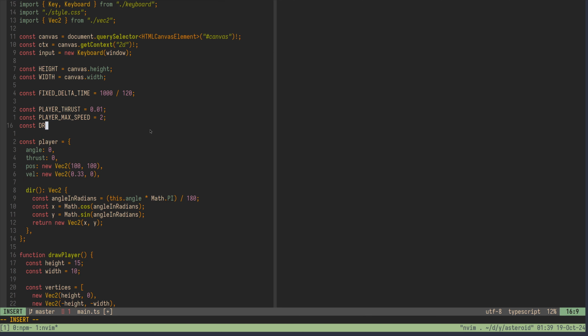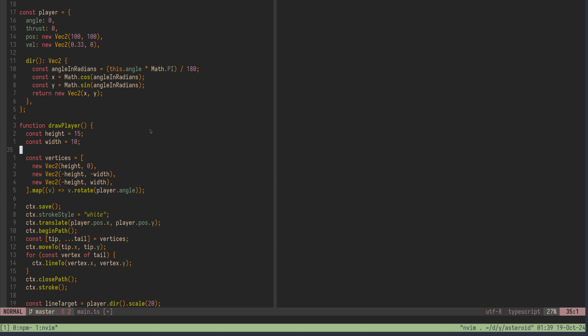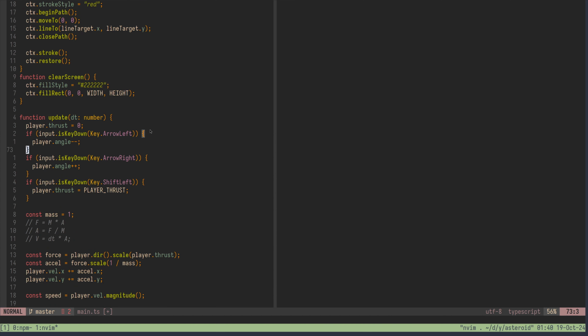Const drag, player drag. We can say 0.05 for now. Well, let's do 0.1, and I'll also say 0.1 on this, and I'll do 0.5 here maybe. Okay, we will come back to these numbers once we see what they look like,